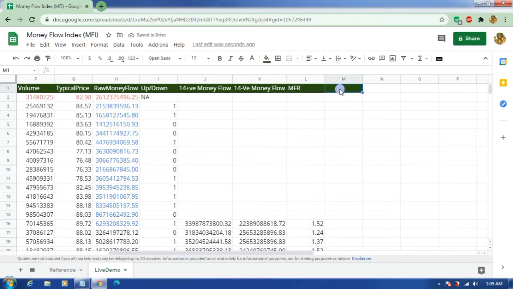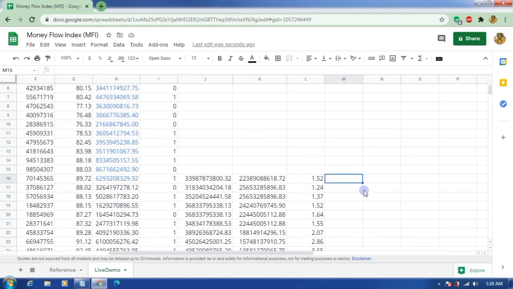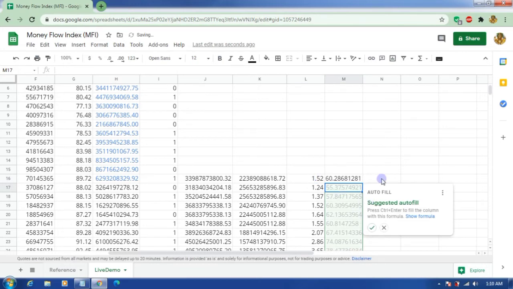Now finally, money flow index. So I want to calculate MFI. What is the formula? 100 minus 100 divided by 1 plus MFR. That is the formula. We got the autofill session.